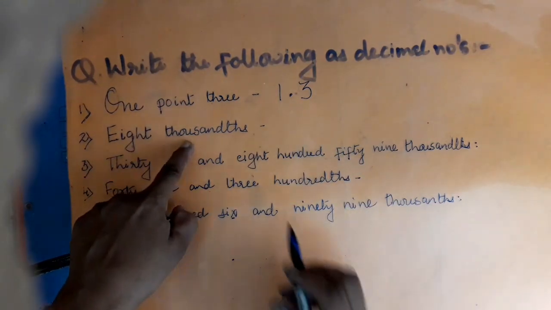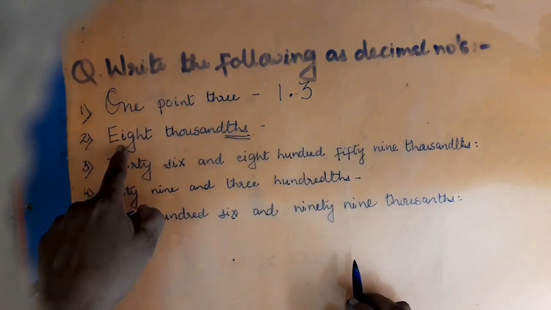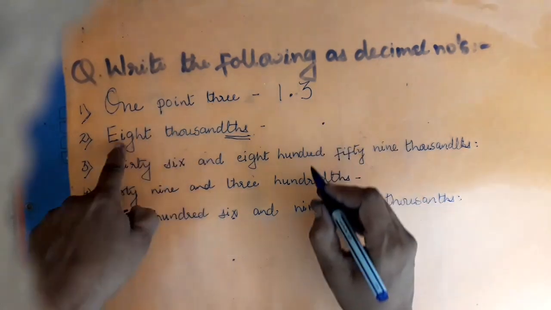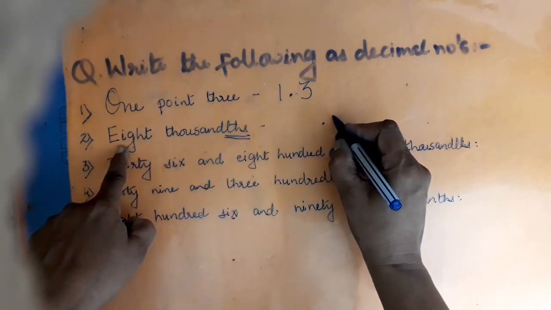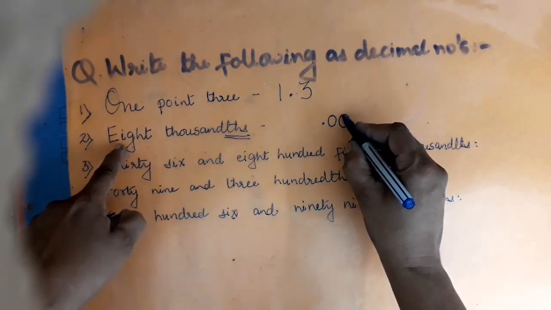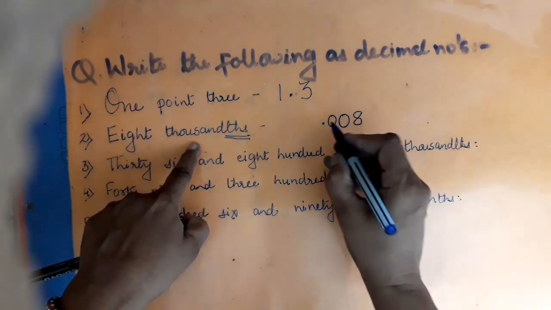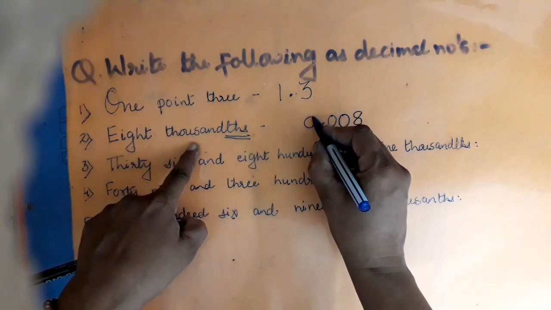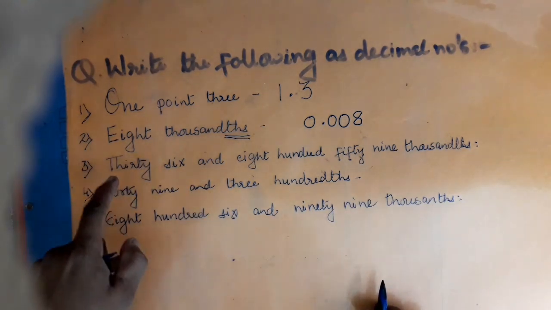8 thousandths. Now here this is thousandths, that is, 8 is in the thousandths place. So this is in the third place after the decimal point. That is, the first place is vacant, we will write 0. The second place is vacant, we will write 0. And 8 is in the thousandths place, so we will write 8 here. And what about the number before the decimal point? You have to write it as 0 because nothing is given there.